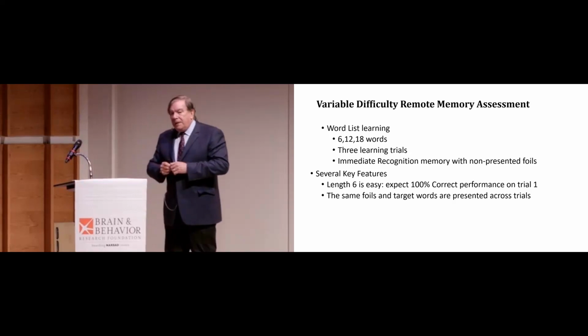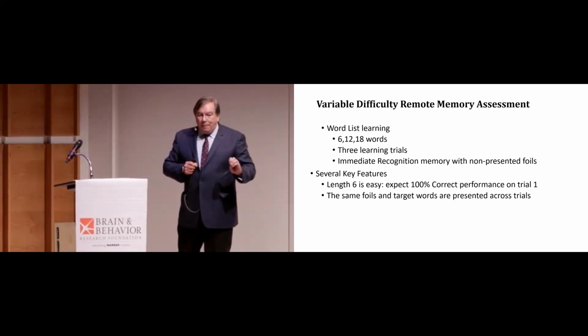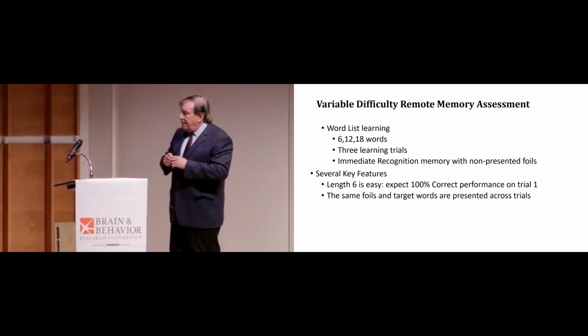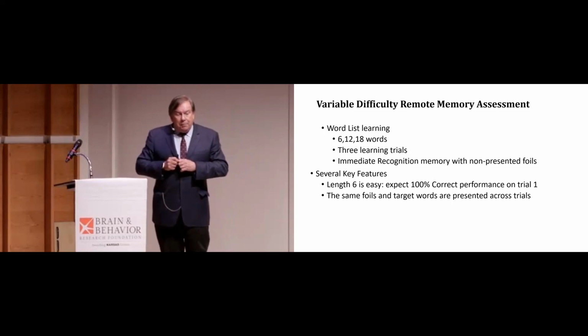In the variable difficulty memory test, there's one condition that is so easy that people with schizophrenia get all right the first time they get exposed to it. Then there's another condition where you have to learn with practice, and one condition that's too hard to learn everything. So we can look at how people do when they got everything right the first time, and we present the tests of them over and over again and ask them how they did on subsequent